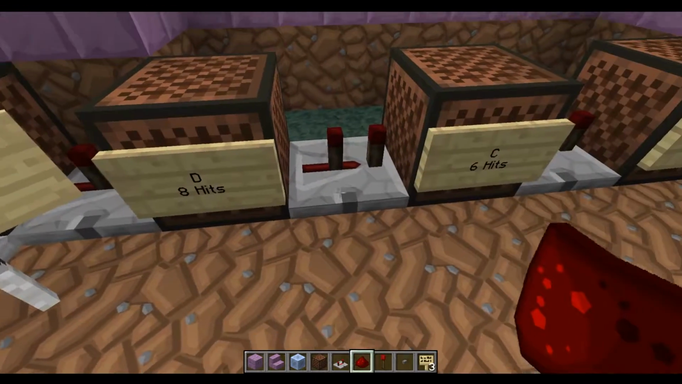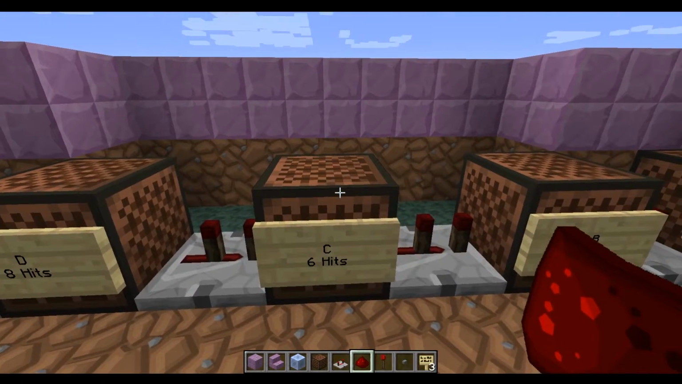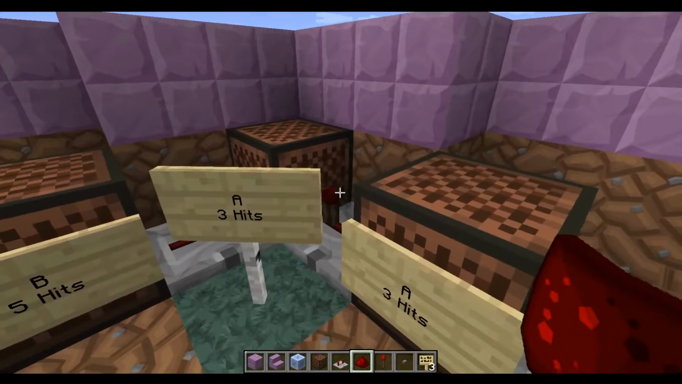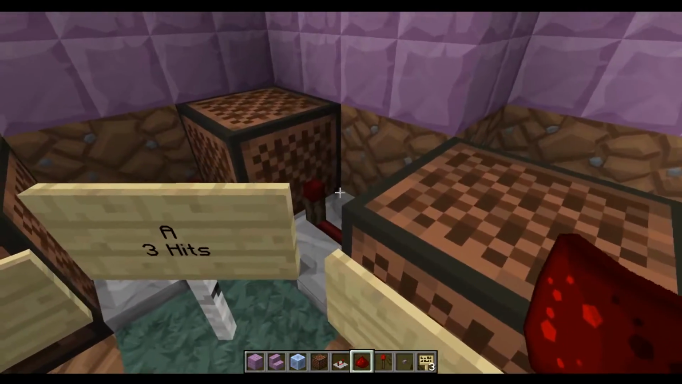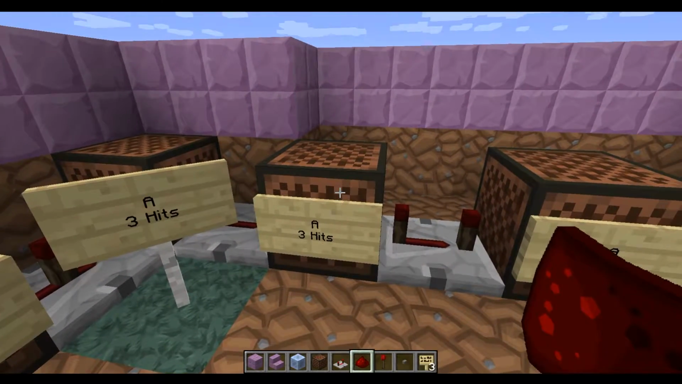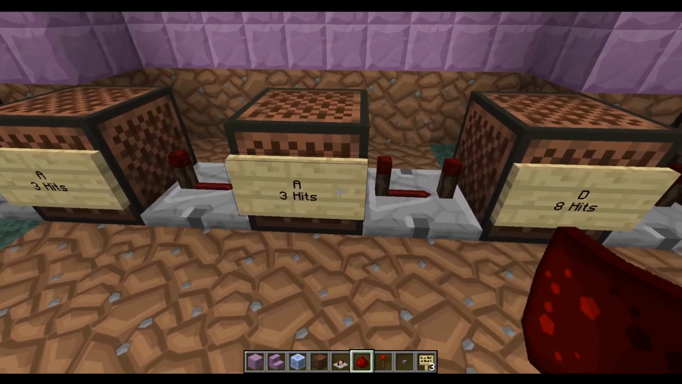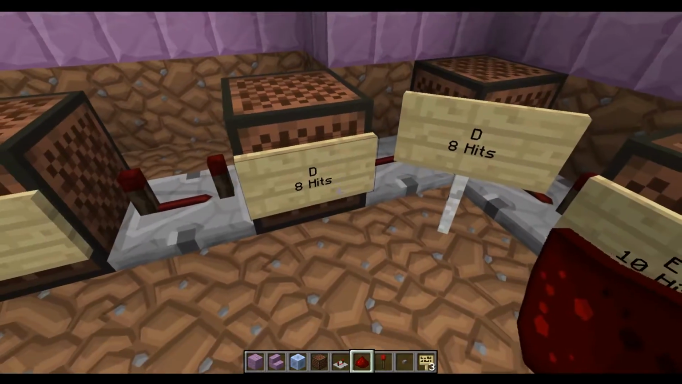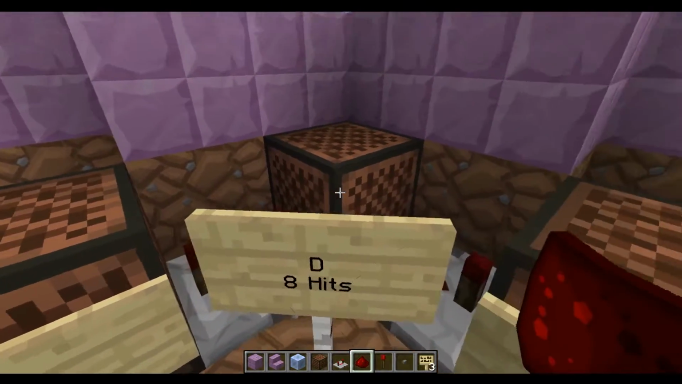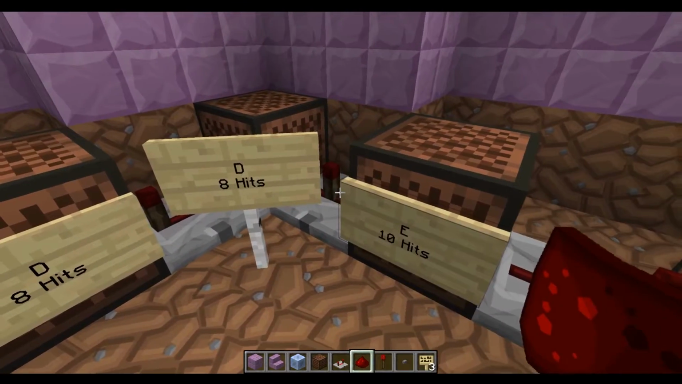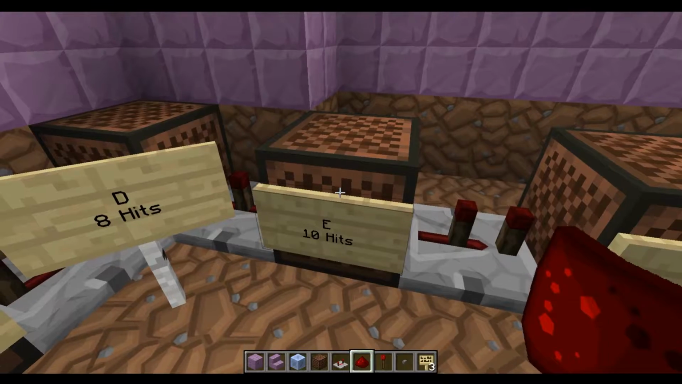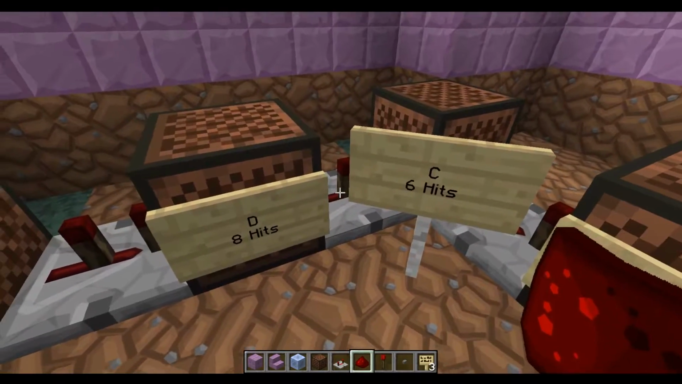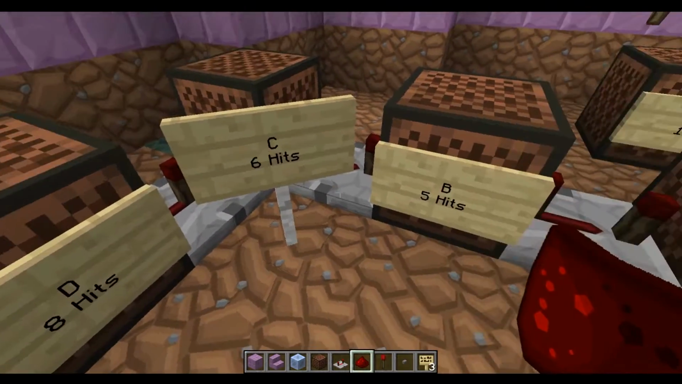Then a D, which is 4 hits with 2 ticks, a C, which is 6, 2 more ticks, a B, which is 5, 2 more ticks, an A, which is only 3, and then you've got 4 ticks there next to it, and then an A again, which is 3 with 4 more ticks, a third A, which has got 4 ticks, and then a D with 8 hits and a 4 tick repeater, another D which is 8, 2 ticks, an E which is 10, 2 ticks again, a D again which is 8, 2 ticks again, a C in the corner which is 6 hits,